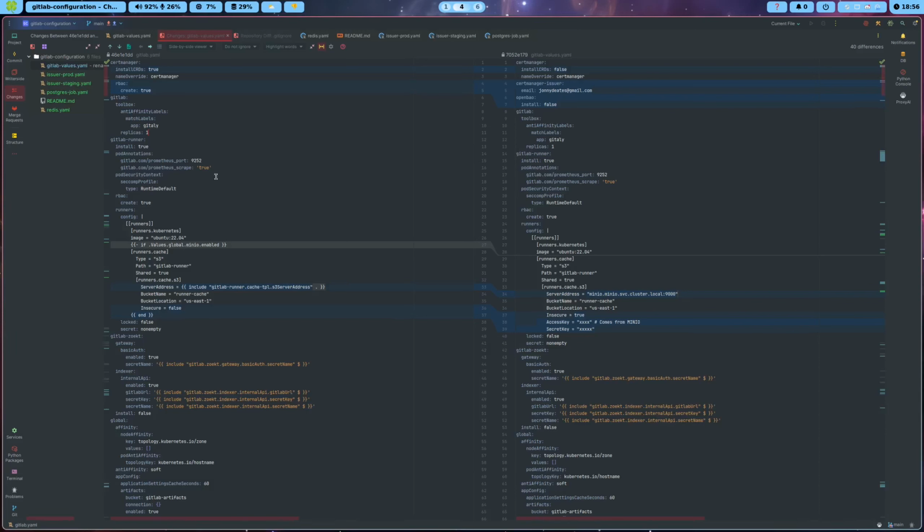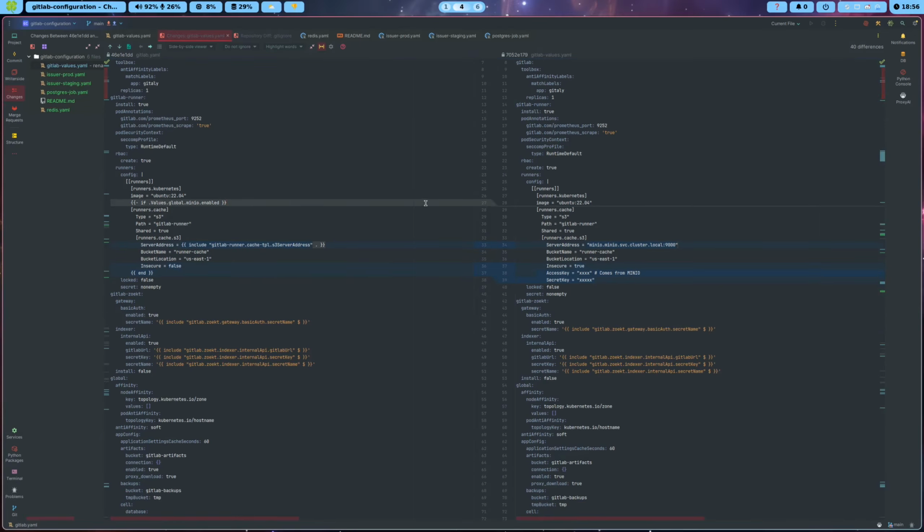Hey everyone, I just wanted to go over all of the updates that I made to my GitLab instance to be able to run it completely free of Bitnami and Bitnami images, and also have it using my own Minio.io instance instead of the one that GitLab runs. So this guy here,